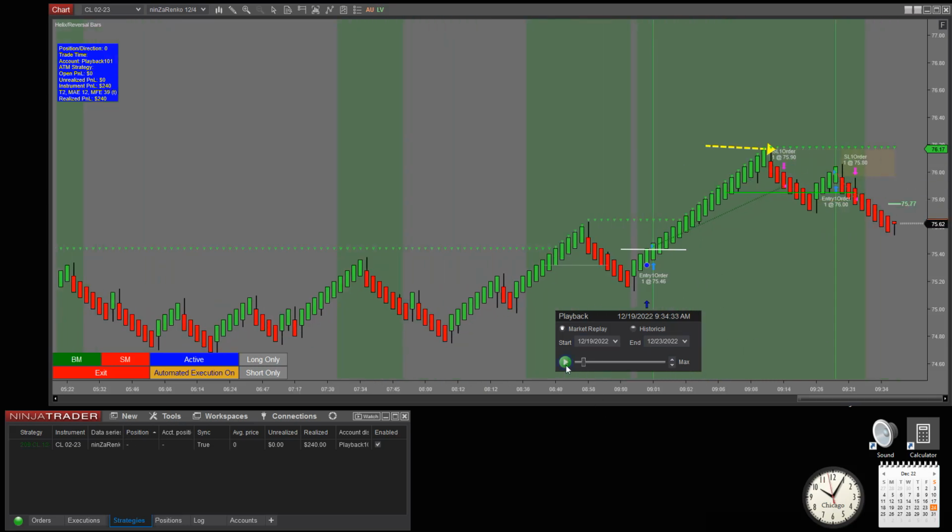There's another one. And now you can see that, that trigger would have been a bad trade. I mean, it would have been a good trade. It would have taken it, but it would have been bad, because you could see here,